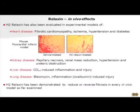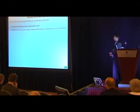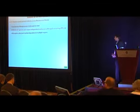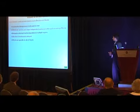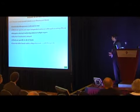So H2 relaxin appears to meet several criteria of an effective antifibrotic in that it is able to ameliorate myofibroblast-induced fibrogenesis both in vitro and in vivo. Its effects are species and organ independent and occur with rapid efficacy. It is able to abrogate aberrant matrix deposition in multiple organs with similar pathologies. It is effective even if treatment is administered to established phases of the disease. Its effects are specific to the site of injury. And these several studies have shown that it does not affect basal matrix or collagen turnover, highlighting its safety as